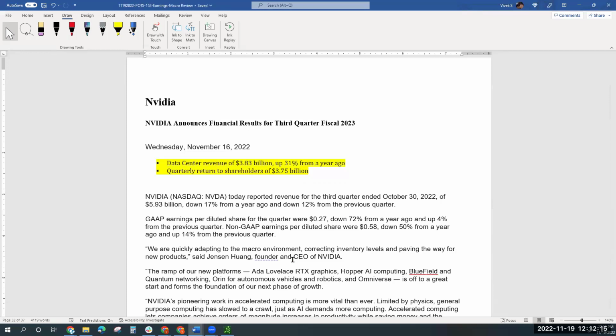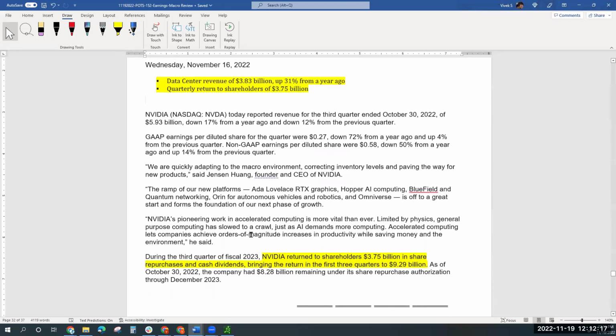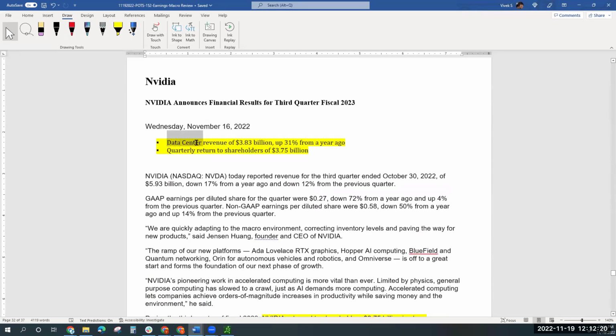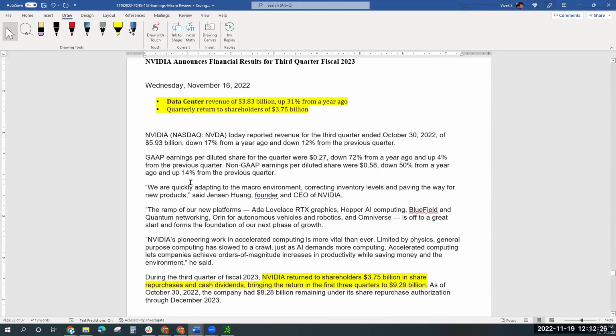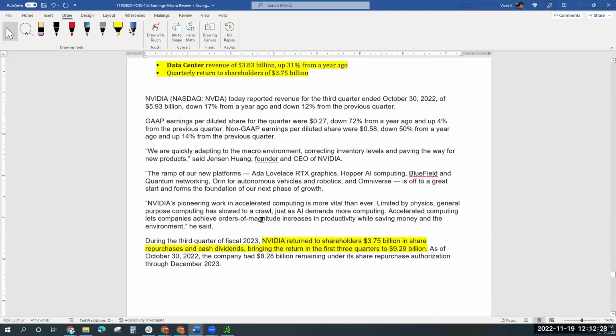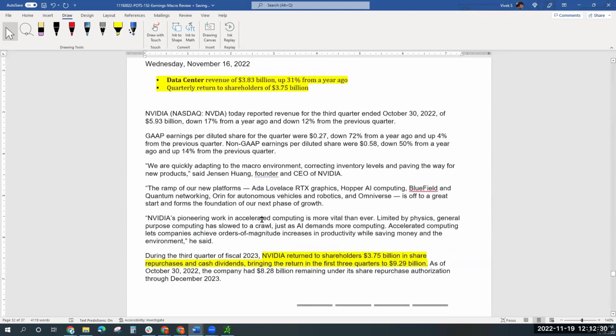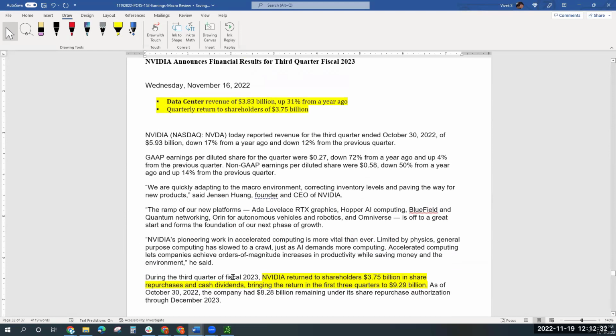Data center revenue grew. I'm like, okay, what else? Because Nvidia has multiple revenue streams, and data center is just one of them. So let's dig into this. Nvidia says that it returned $3.75 billion in share repurchases and cash dividends,